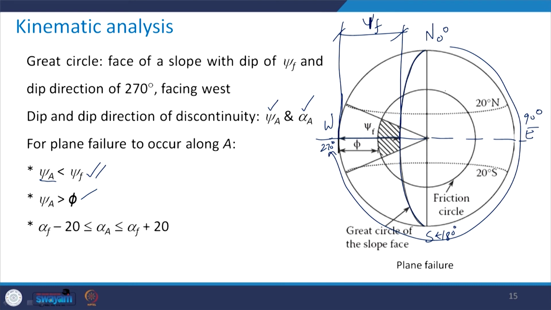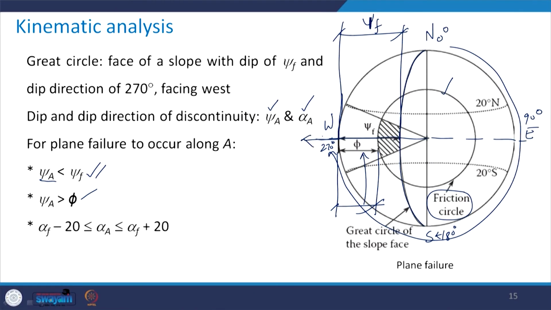You can see here a circle has been drawn which is denoted as a friction circle. So, its distance from the reference circle, that is the extreme most part of the reference circle, that is this distance, is phi. So, that is how this friction circle can be plotted in this 2D plane.